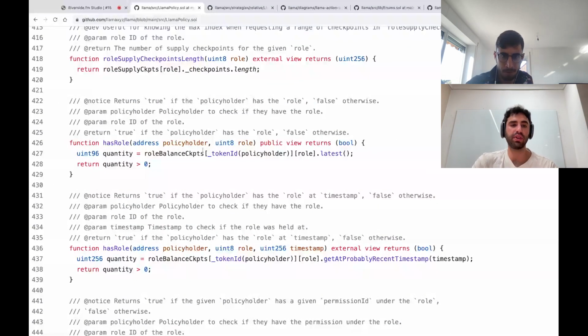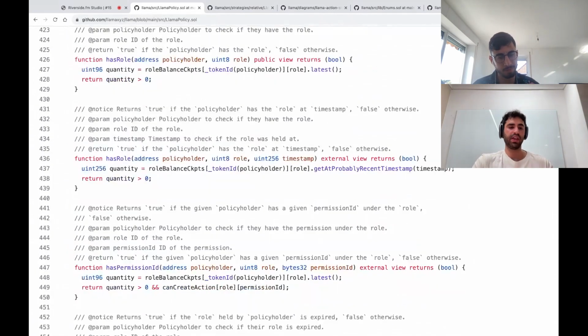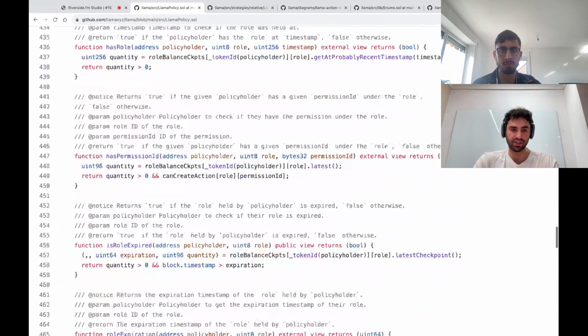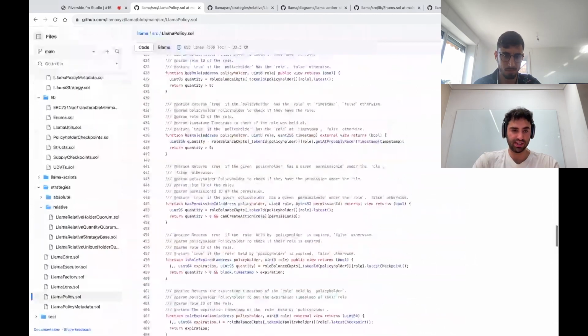We have this checkpointing system set up, so we can see, at the latest checkpoint, whether the quantity of your role is greater than zero, and return a boolean. Similar logic applies to having a permission ID.